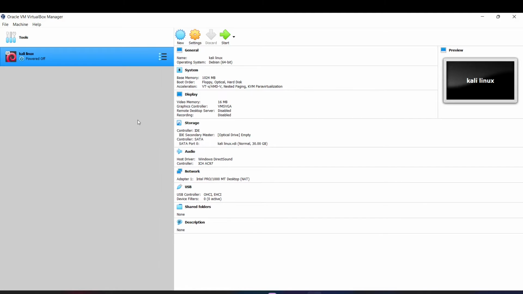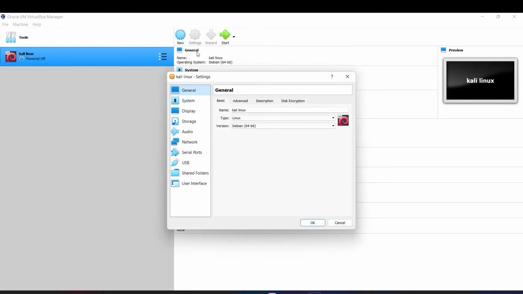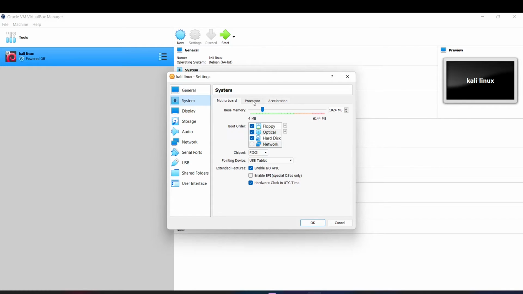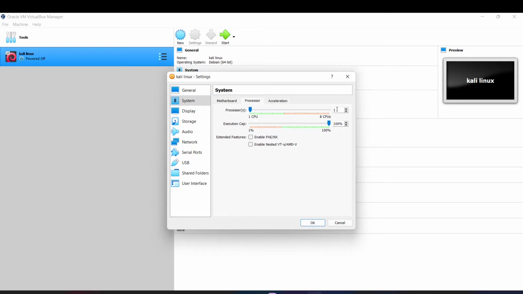Now what we can see here is Kali Linux. When you click on Kali Linux, there is no operating system, no ISO added to this configured VirtualBox. So first of all we need to add the ISO file. Click on the Settings button, and you can see System. In this System you can see the Processors. I am going to assign 2 core processors for my VirtualBox, and enable nested VT-x, AMD-V. It is all under the extended features, that's it.